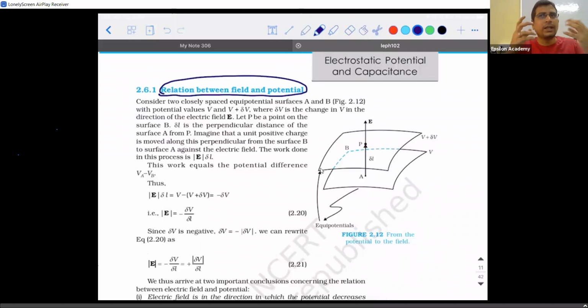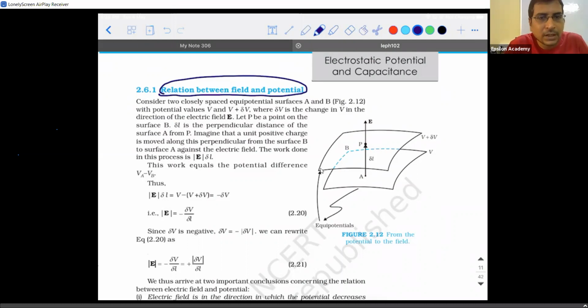You can talk about the electric field, the way the electric field is spread out, and you can speak about the way the equipotential surface is present, right? See, till now what we did is we learned it like this. I asked you a question like, how is the electric field due to an isolated positive charge or an isolated negative charge? How is the electric field due to a dipole? How is the electric field due to a system of like charges?